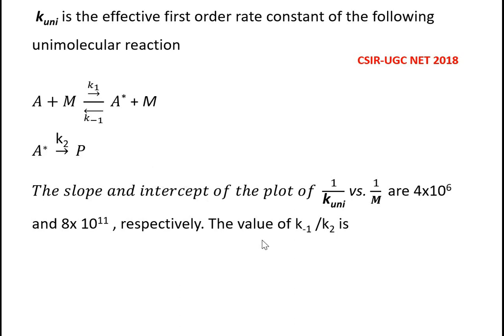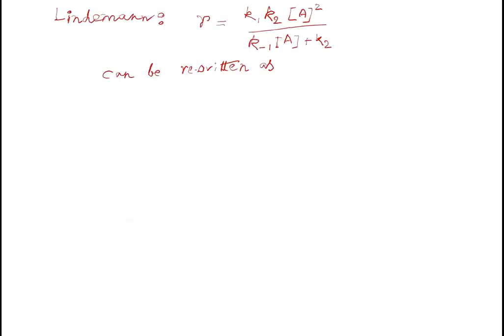Let us have a quick look at the mechanism itself, right? And the answer you will see is 2 into 10 to the 5. Let us see how. So Lindemann proposed the mechanism through which we get the rate expression as k1 k2 over k minus 1 plus k2. These rate constants are given in the mechanism, and the rate expression on the right hand side